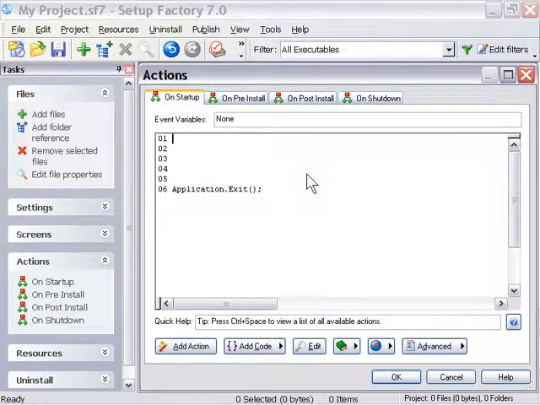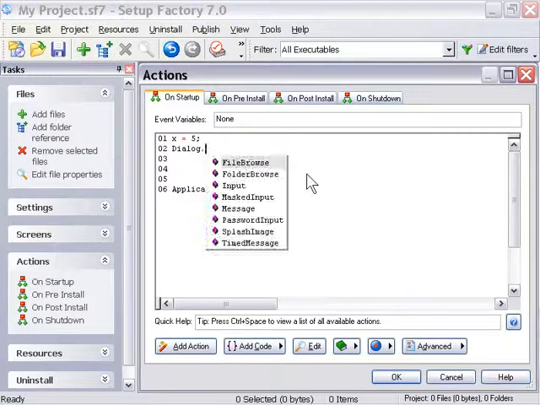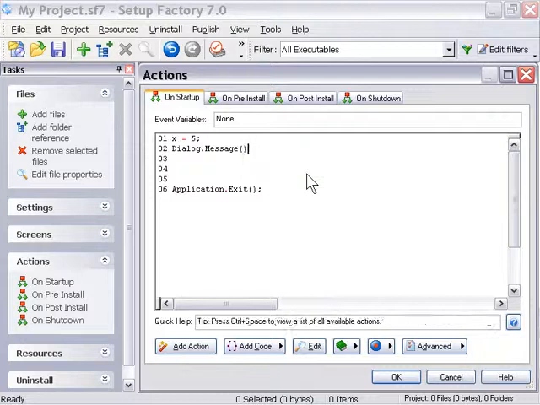Alright, let's take a look at a simple example of assigning a variable. Let's say x equals 5, and then let's go ahead and bring up a dialog message box that's going to give us our value of x. Okay, so in this dialog message, the title I'm going to type in is going to be value, and then I'm going to put in the second area here just the name of our variable, x.